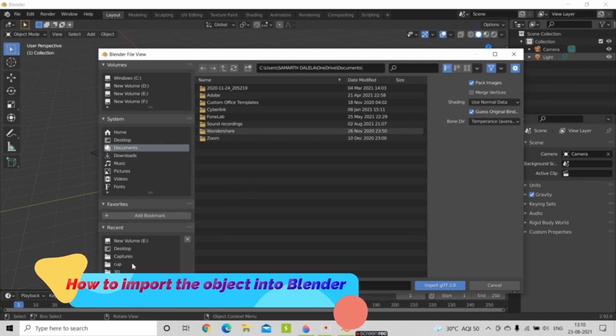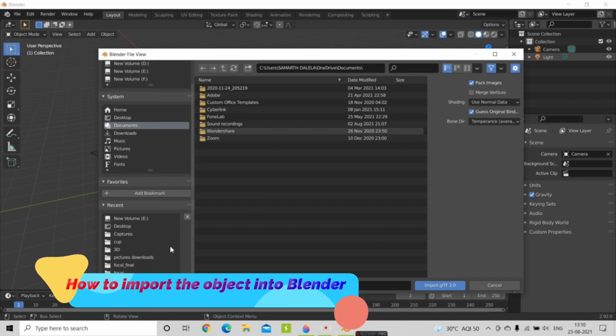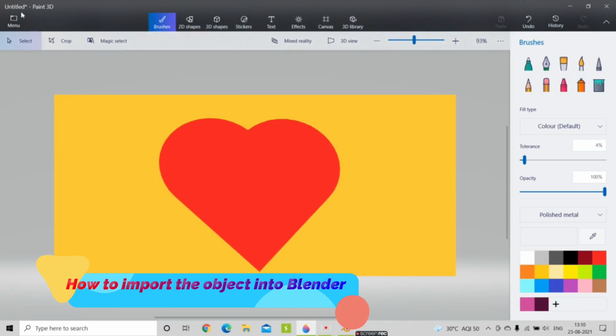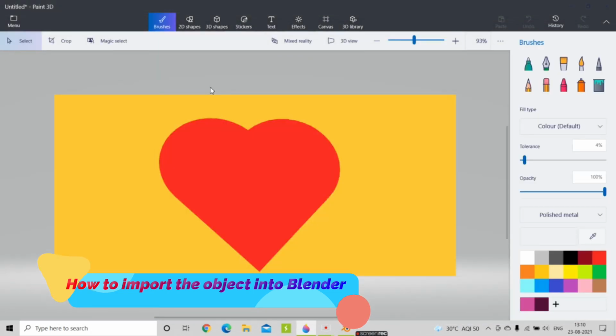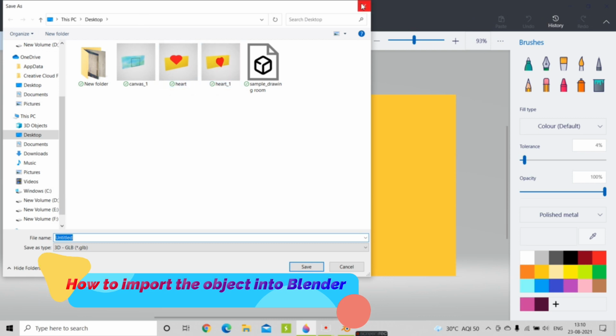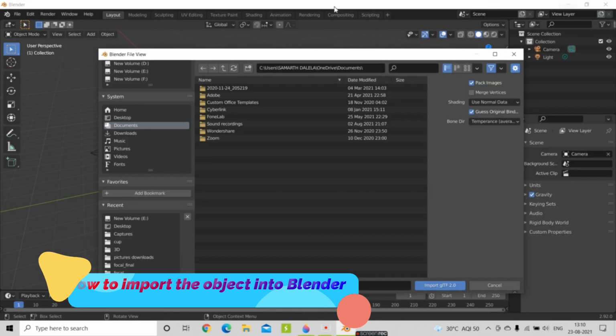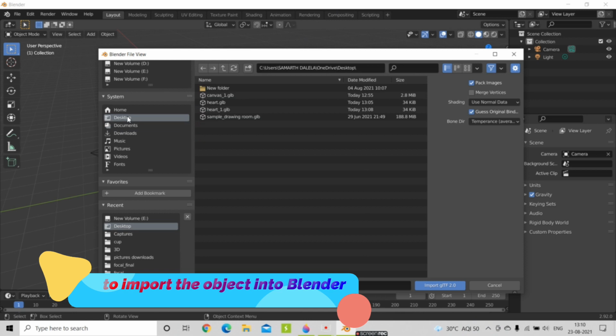Where I have saved that object, I have saved that object on the desktop. Then select desktop, and here I find heart underscore 1.glb.